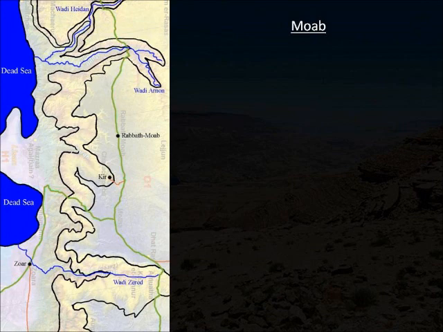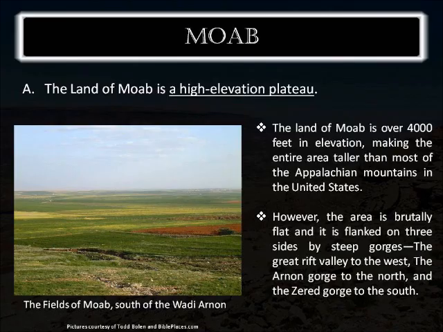Alright, so that's our main map for Moab. If you want to add a couple of secondary roads, you'll want a road that connects with Kir, and you're going to want a road heading south from Zor. This is what is known as the Arva Road. That's going to take you south, south, south until finally you reach the city of Petra. So some people also call that secondary road the Petra Road. But for these purposes, these are the main things you're going to want to have marked for this map.